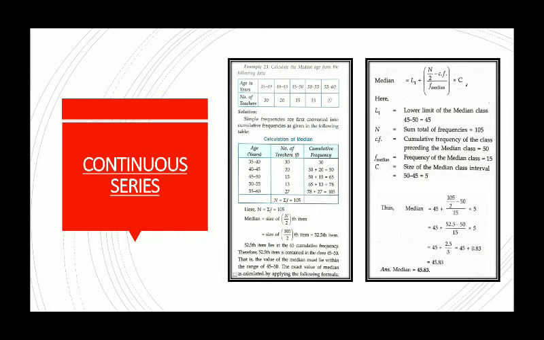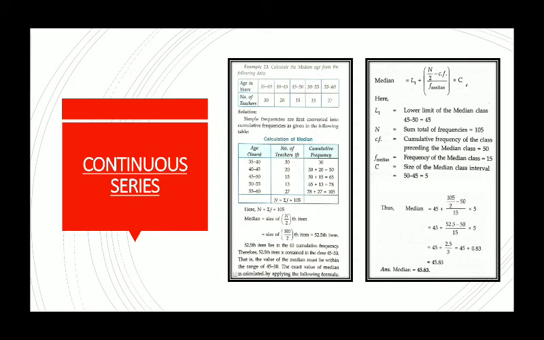Yes, the value of n by 2 will lie in the class where our median will lie. And you can use that class to check your answer as well. Your answer should also be between 45 and 50. Okay. Now, after getting the class, which is 45 to 50, we will use the formula which is given in the second picture here. There is a formula to be applied.